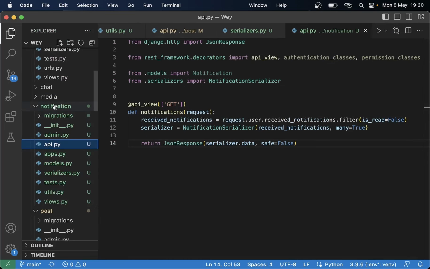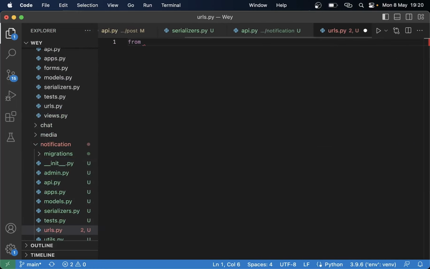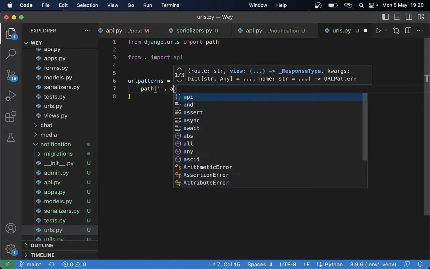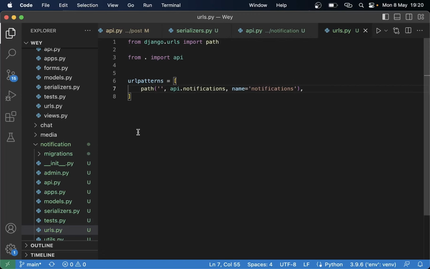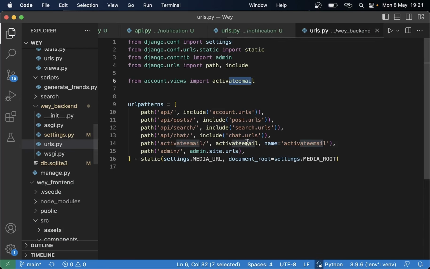Then we just need a urls.py file. In urls.py, from django.urls import path, and we can import the API views from . import api, and urlpatterns list. Path, and when this is empty I want to use api.notifications, set the name to notifications, and save. Last step then for the backend is to open up the main urls.py file in the backend